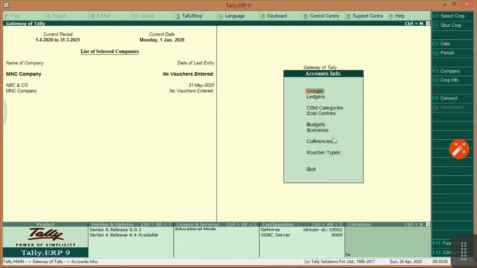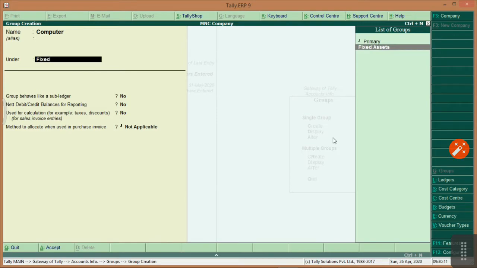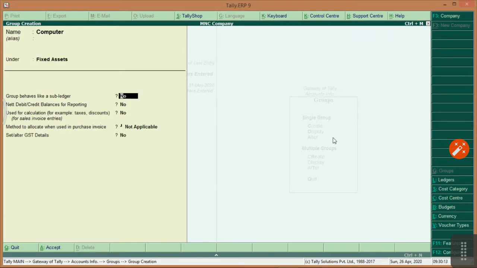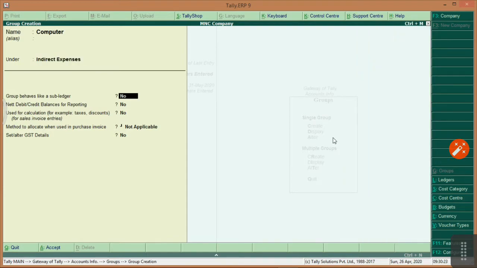Account informations, group, create computer in fixed asset. Friends, I have already informed you that you should clear your accounting concept. I will show you the live example. Now I can select any ledger, indirect expenses also. Okay, if your concept is clear, just see that Tally is accepting.